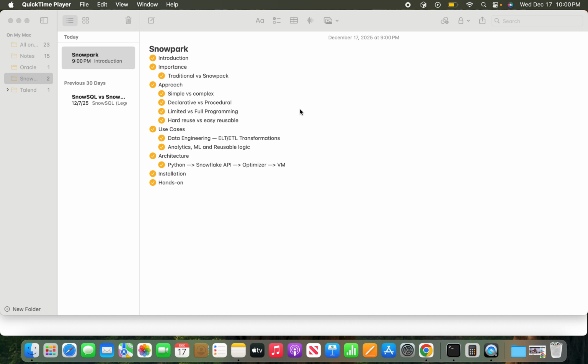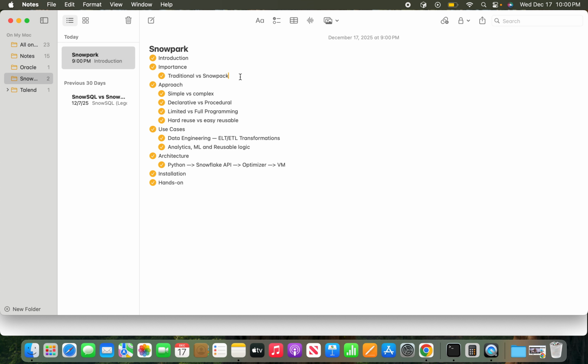Then jumping into the importance, how does it differ from the traditional way of doing it? What's the difference? As I mentioned in the introduction, if you want to handle complex data processing and machine learning logic without moving the data, this is really useful and very robust. It will give you a performance advantage, and it will reduce the cost since you are doing all data analytics activities within the Snowflake compute,